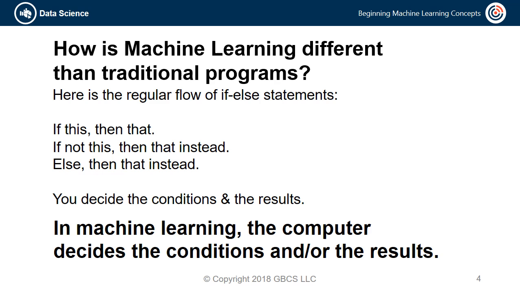In traditional programming, programmers are required to decide the conditions and decide the results explicitly, and only in some languages is the luxury of a catch-all else statement available. If the scenario is not listed, a reaction will not follow suit. This is different than machine learning, because in machine learning, the computer, through statistically driven algorithms or data-analyzed methods, decides the conditions and sometimes decides the results too. This is revolutionary and sometimes overlooked because not all problems require this type of method.